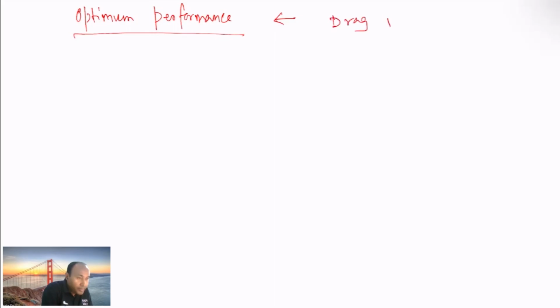So now, what we want to look at is basically an optimum performance.